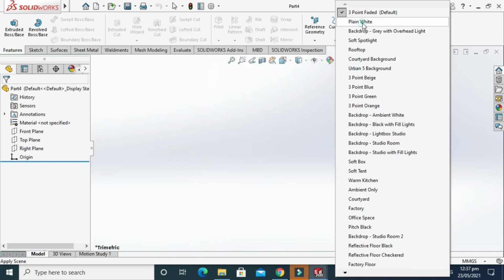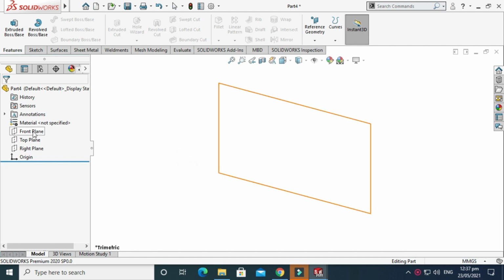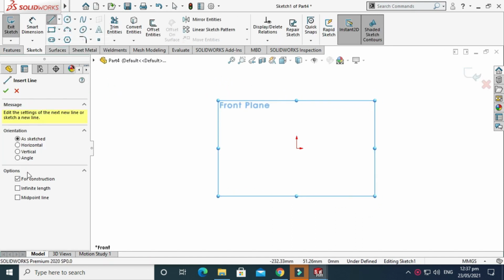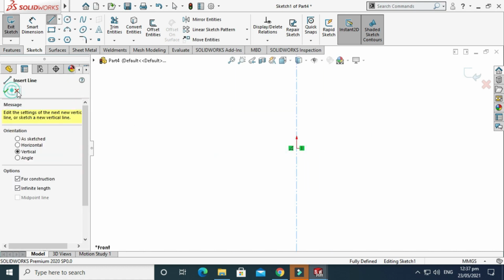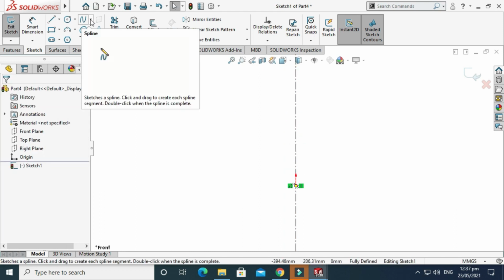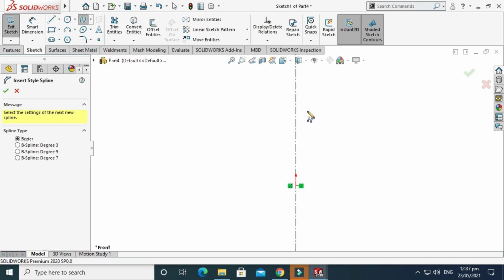First of all, I'll change my background to plain white and I'll select my units to MMGS. Next I'll go to, let's say, front plane, and I'll select sketch, and I'll go to line, I'll select center line, and I'll make a center line. Next I'll go to spline, I'll select style spline.